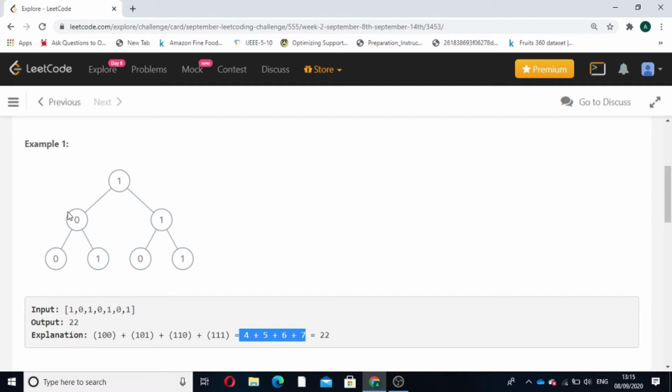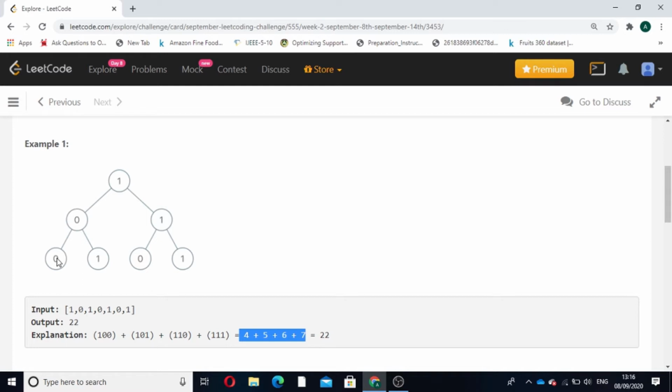So how will we form our binary path? We will take a string variable, and when we are at a particular node, we will append its value to our string. Like our string starts from null. Now we are at the root node, we will append 1 to our string. Now we have moved to this node, we will append this value to our string, so now our string becomes 10, and now we have moved to our leaf node, and again we will append this value to our string, and now our string becomes 100. Now our binary form is 100.